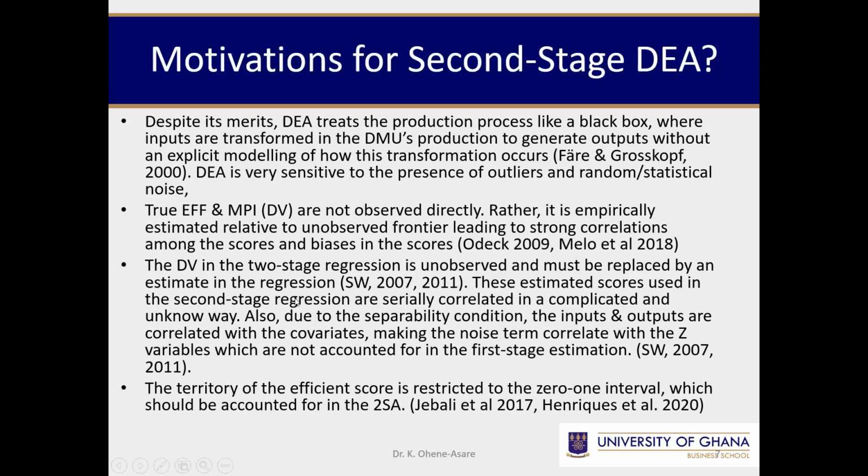The efficiency scores. So there's a correlation between the inputs, outputs and the efficiency scores. Now, these efficiency scores are going to be used in a second stage regression. In that second stage regression, they are covariates, they are independent variables. These independent variables were not inside the inputs and outputs. But then the inputs and the outputs are correlated with the dependent variable, which is the efficiency scores. And you need to have some correlation,